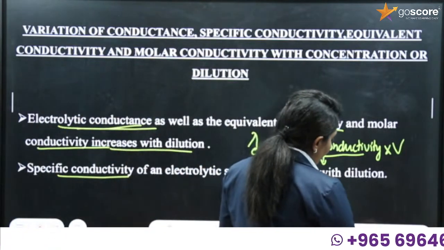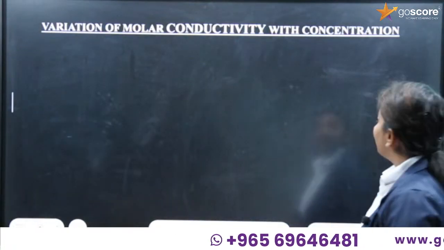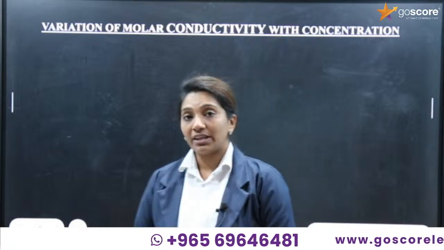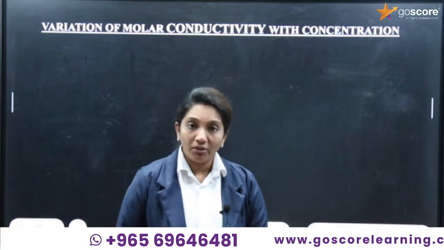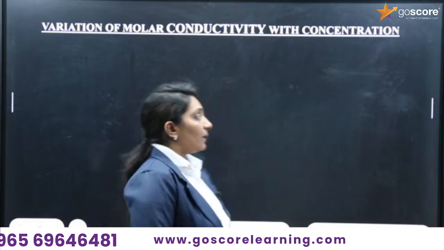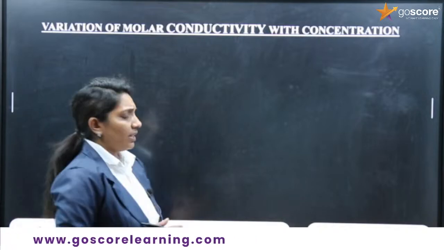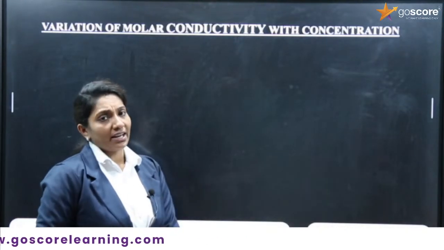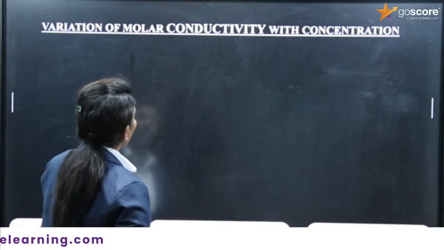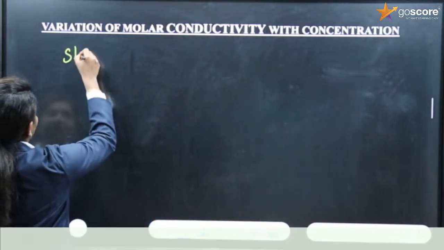Okay. So now let's see the variation in the molar conductivity with the concentration. We have to take into consideration the strong electrolyte as well as a weak electrolyte. So let's take the example of two electrolytes, one strong electrolyte and one weak electrolyte. Okay. So for a strong electrolyte,